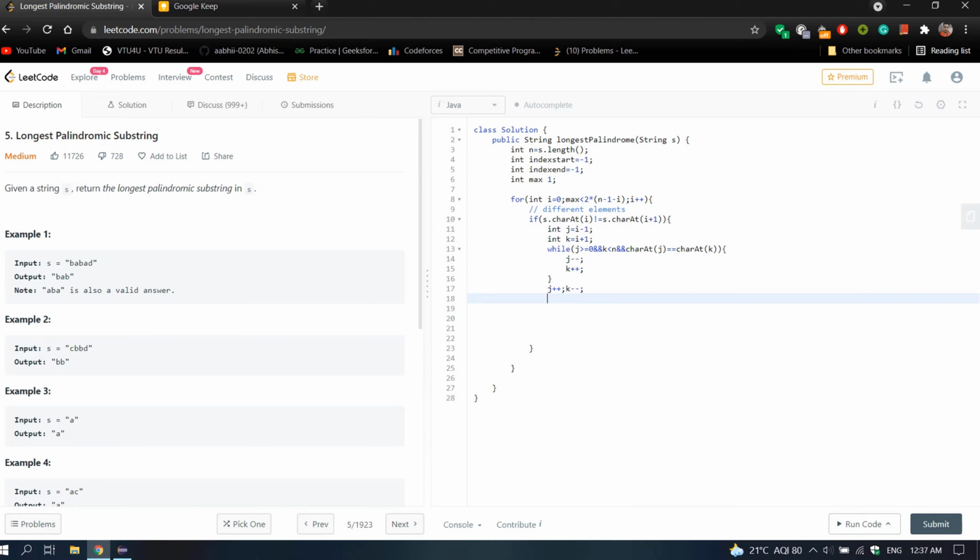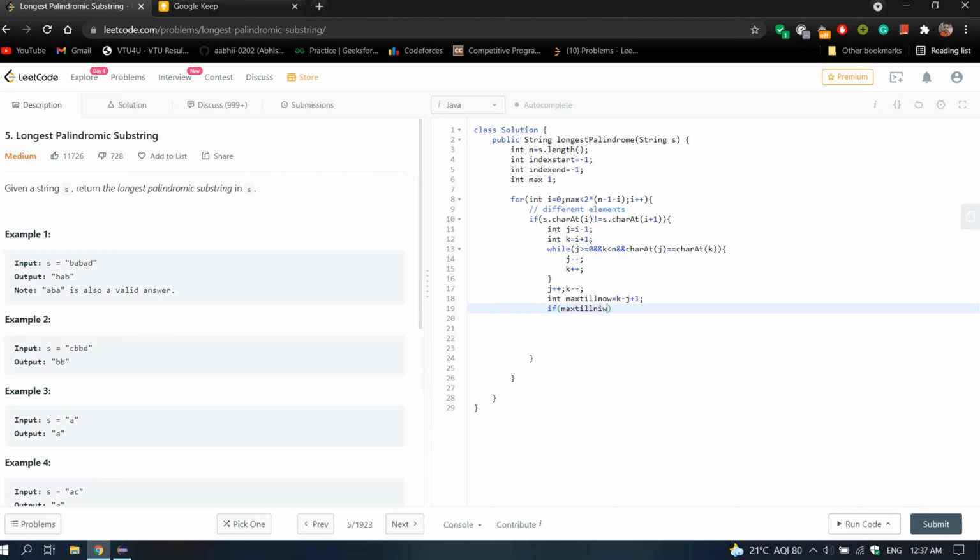Now after our while loop is finished, we will check the length of the substring, that is max till now, k minus j plus 1.